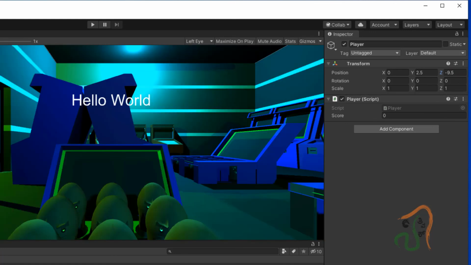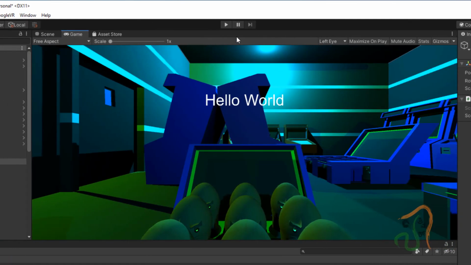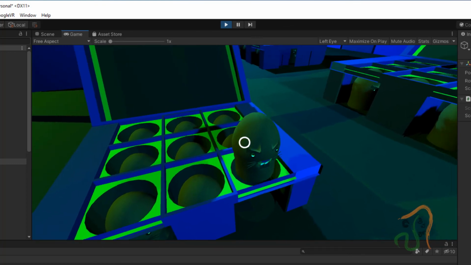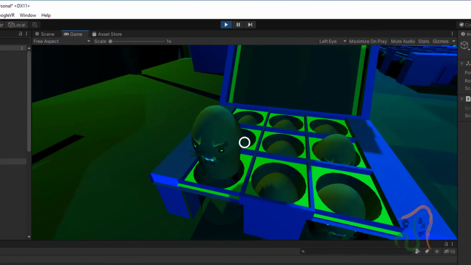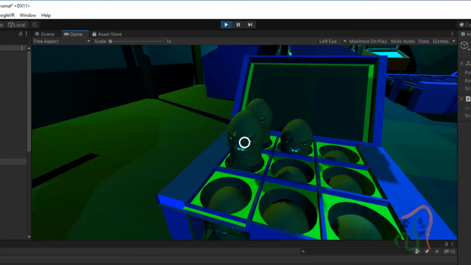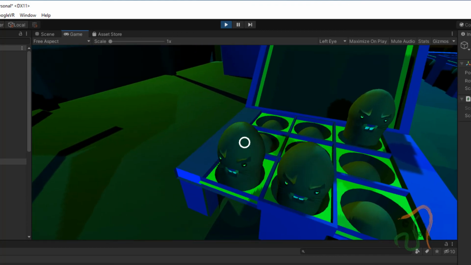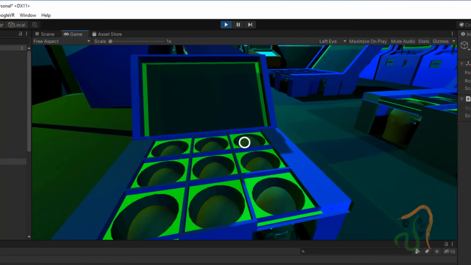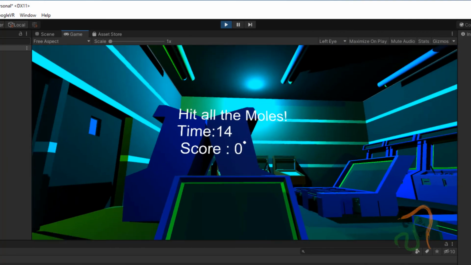Okay, and then come back to game view and let us see this. And now click the play button, and now I have a wider view, and this is more comfortable to play. Okay, so you can see here, this is a more comfortable place, the moles are rising. Okay, this position is fine.